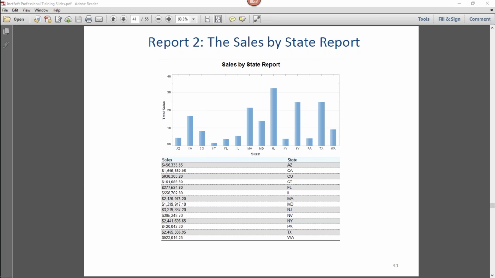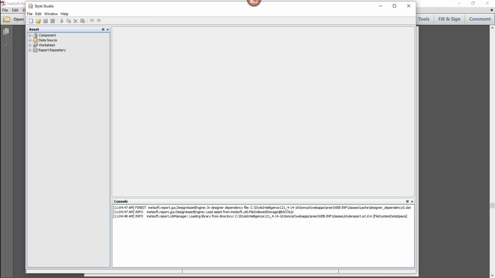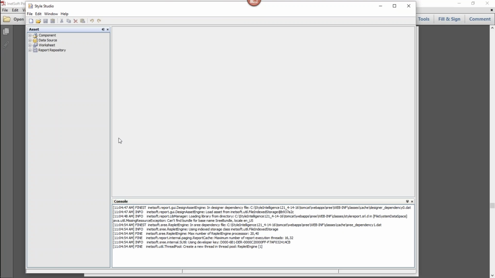All right, and that starts up the desktop application, which is useful not only for creating reports, but for a bunch of other things also. So, for example, setting up data sources, creating data models, and you can also do data worksheets in this tool, create table styles, write scripts, and a whole bunch of other stuff. So it's a pretty versatile tool.